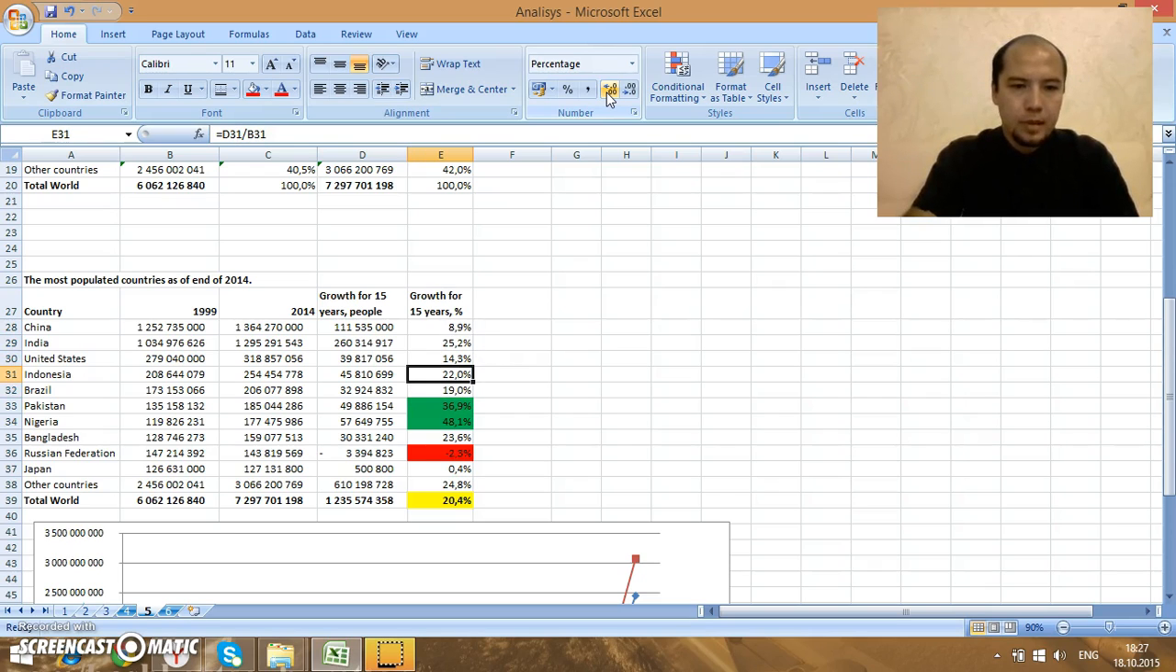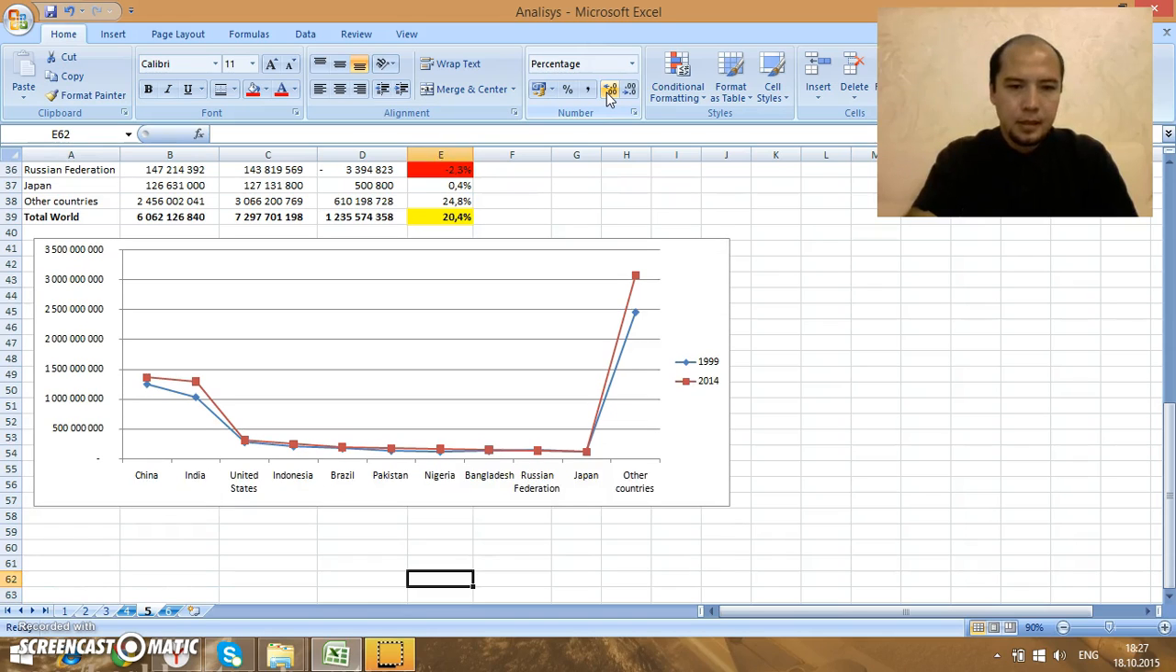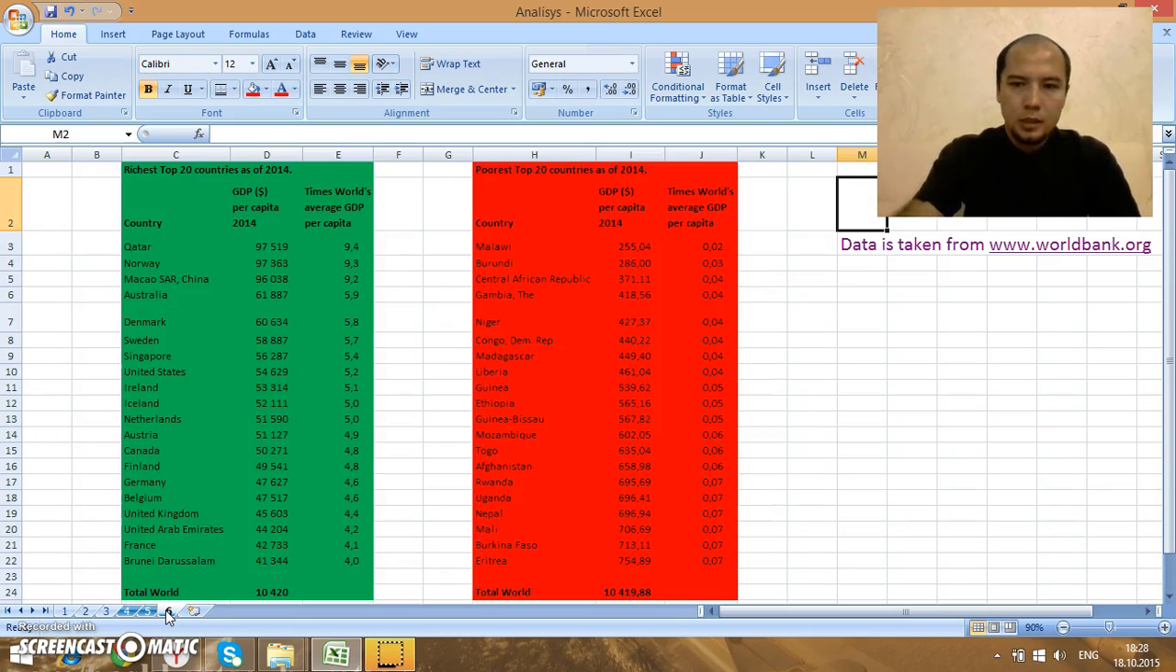So as a rule, the population of the world is increasing, but its speed of increase is not very high, and some analysts say that by 2030 or 2050, the total population of the world would be approximately 10 billion people, and afterwards it will stop increasing. Okay, and you can look at this chart and you will see population in different countries as of 1999 and 2014. You see this chart. And the next spreadsheet shows information about the richest and poorest countries of the world as of